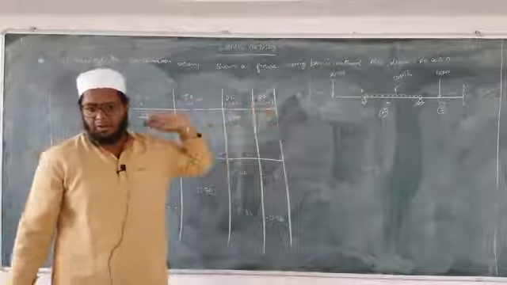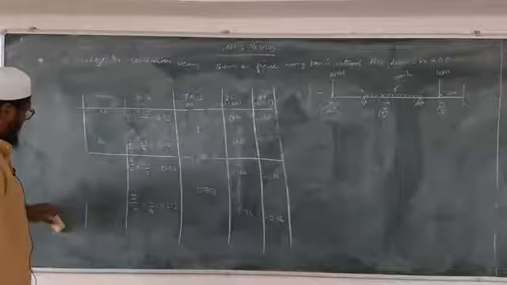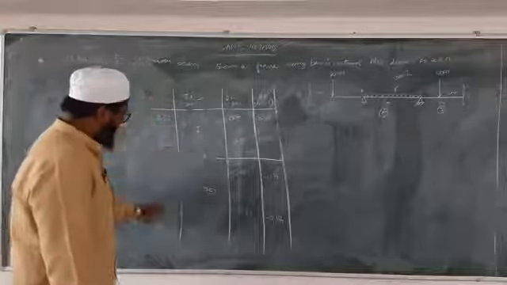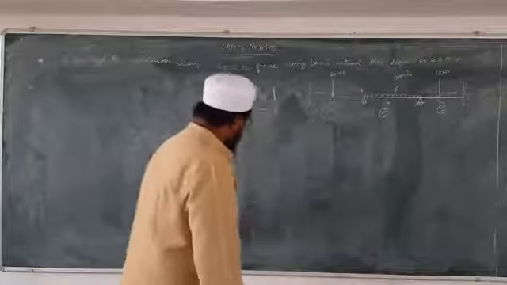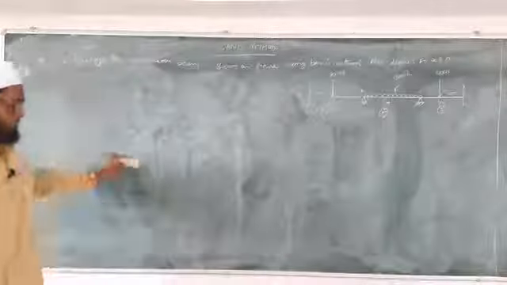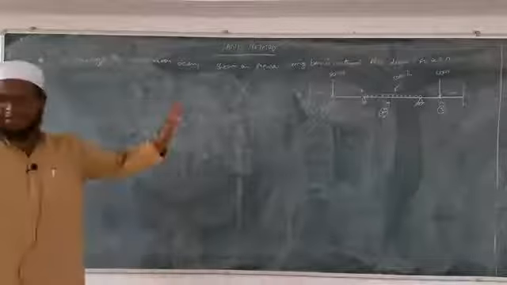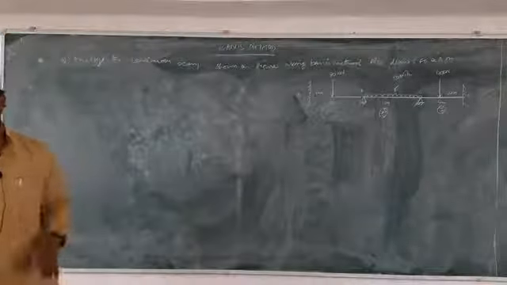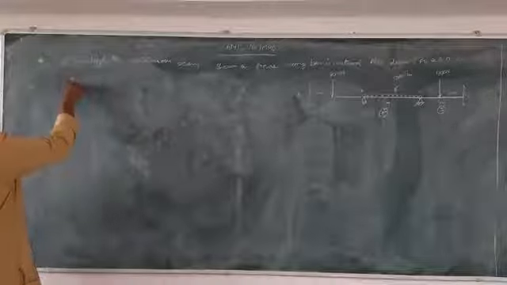We have added one more column here. Okay, copy down. We'll start the calculation of final moments, and the table for Kani's method will look like this. See here. Just one problem, if you understand the concept, the remaining problems are almost the same. Okay. See here. I'll draw the beam here, a small beam.